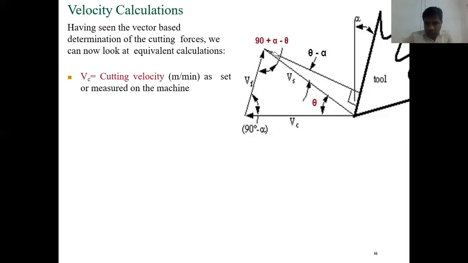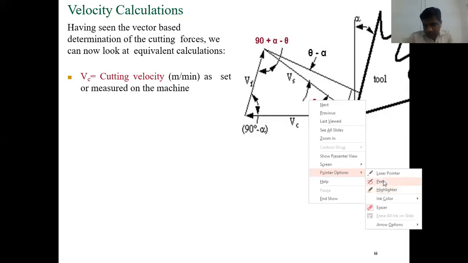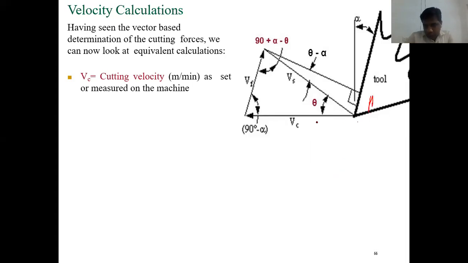So this is a typical workpiece, and this is the shear plane we have seen, and this is your cutting tool. In this, we try to fix all the velocity vectors. The cutting tool is moving in this direction, and only then does cutting happen. This velocity is considered the cutting velocity, V. Cutting velocity is normally represented in meters per minute, or maybe meters per second. So this is one velocity.